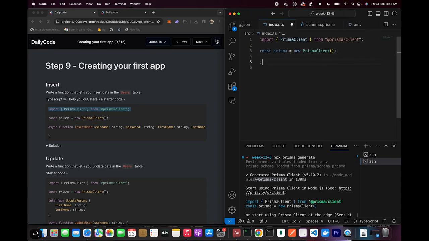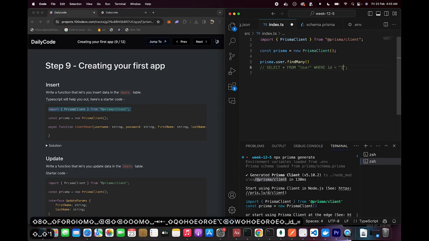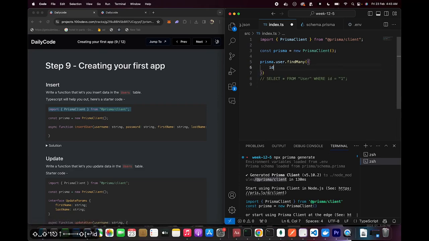to write the final SQL query. If I run prisma.user.find, what is happening? This is in the end getting converted into such a query, right? Select star from user where ID equal to 1. In the end, if I write some code like this, it'll get converted to an SQL